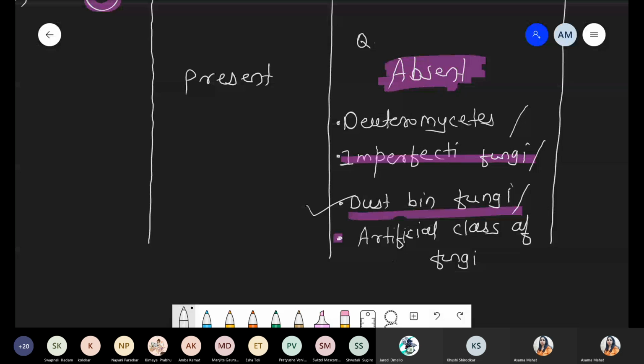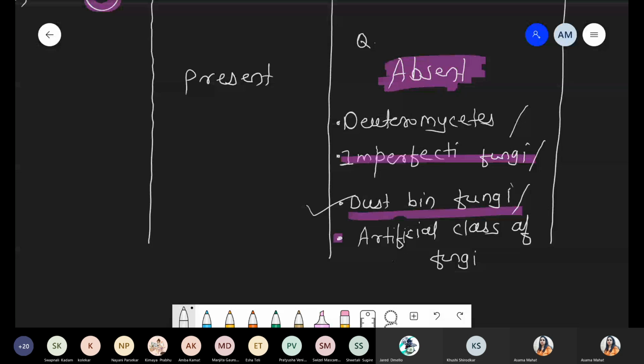We don't know any information because it is under research. So at that time, initially they are placed under the Deuteromycetes. Any new fungus that is under investigation, under study, under research, initially you pick it up and dump it under the Deuteromycetes. That's why these are called dustbin fungi. Once that new fungal species is identified in all parameters according to the taxonomic classification system,